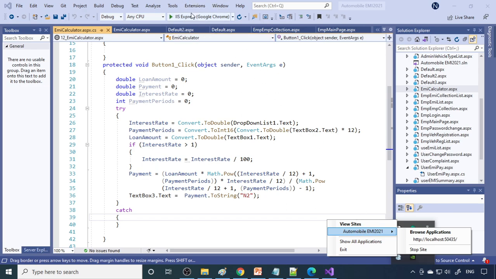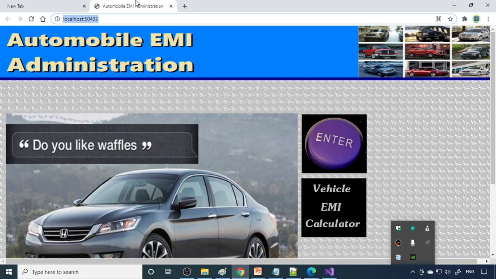The advantage is if you run from here, the project will run here, and any changes you want to make, you have to stop it. Once you stop, the browser closes. So if the browser closes, again we need to start. Instead of that, we can go to IIS Express and then we can start the website from here. Okay, so now you can see that this is the main page.